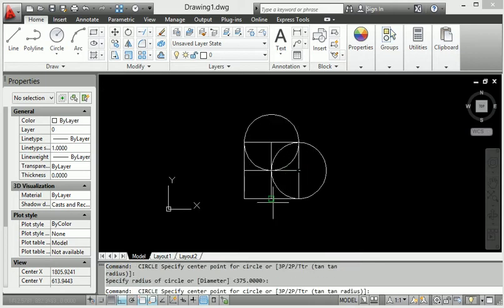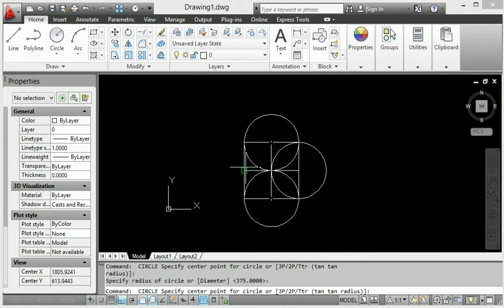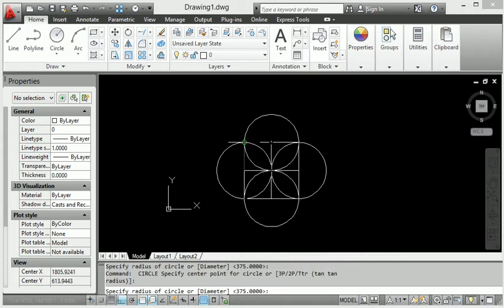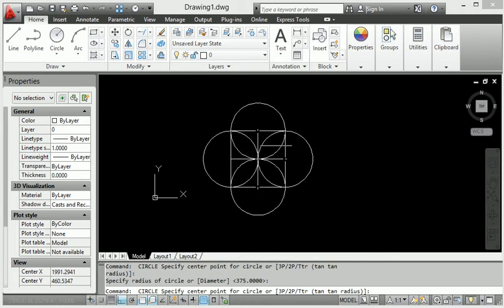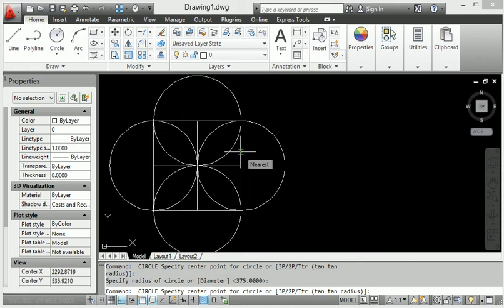When I make this particular circle and decide here, look at this, it makes a simple design.